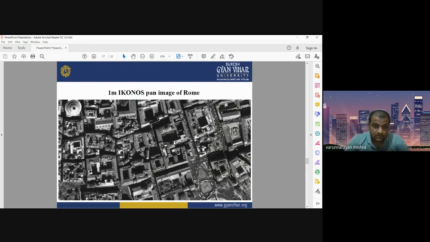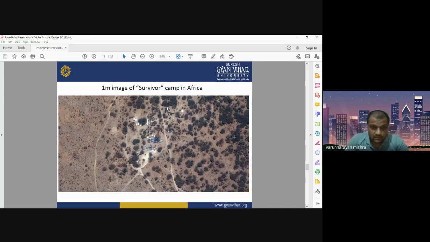the road. Okay, and then there is another 1 meter image of a survivor camp in Africa. You can see the details. This is a 1 meter resolution merged image, meaning 1 meter panchromatic with 4 meter spectral. Both are merged with each other, so you will get the details of the panchromatic data with multispectral information, that is, color information.